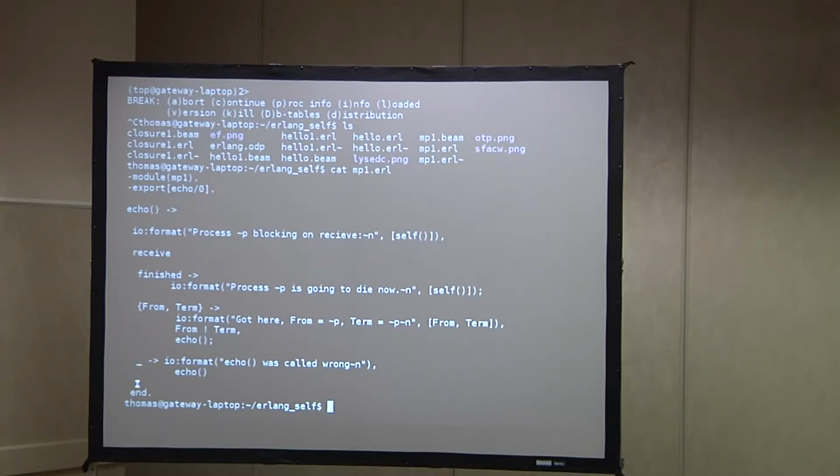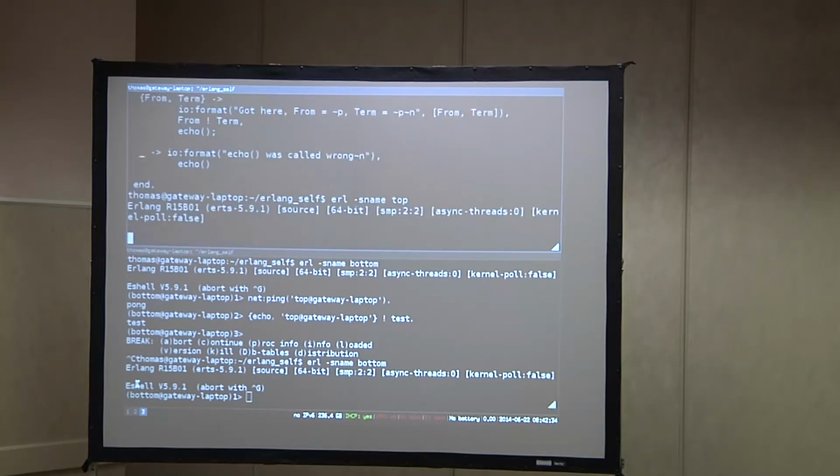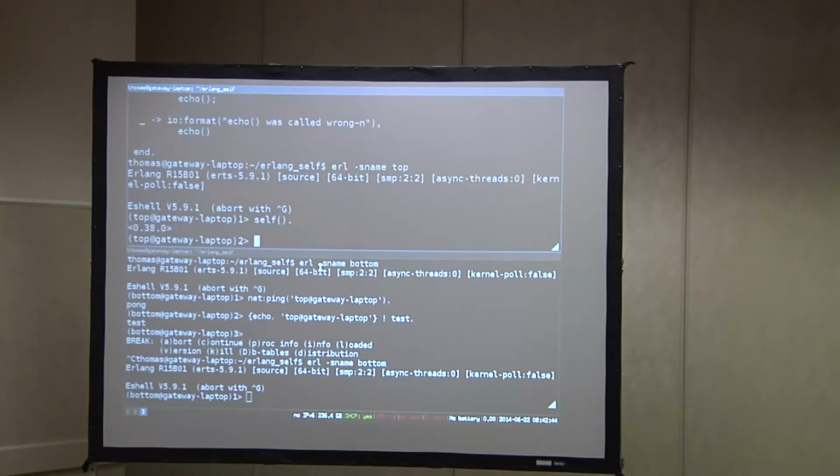So let's try to run this and see what happens real quick. We can go back, start our two VMs again, and demonstrate that self thing. So that's our process identifier for